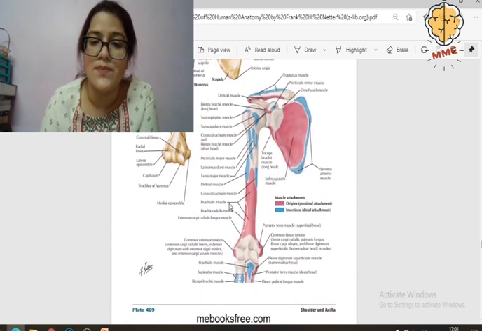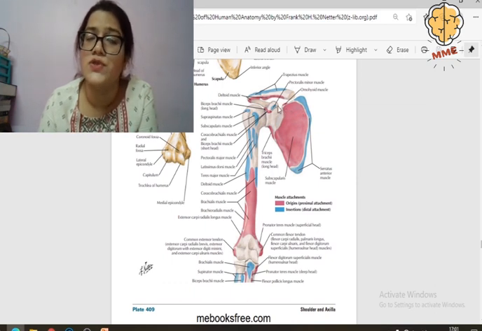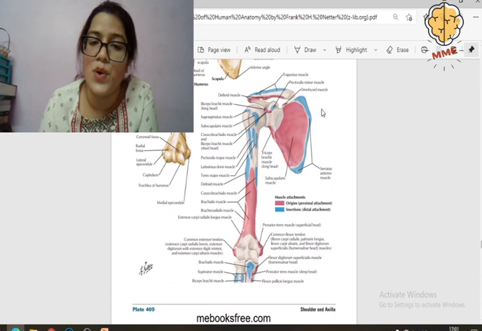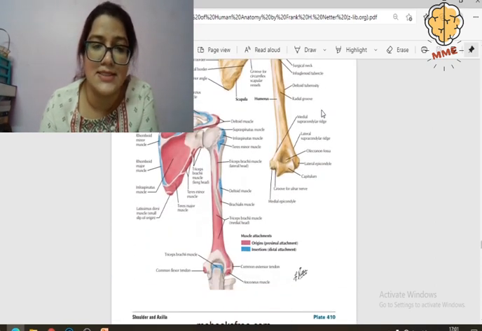And then comes the scapula. See over here, this is the subscapularis muscle. This is the serratus anterior with its 8 digitations. I've told you that. See, this is the pectoralis minor muscle. And where is it? It is on the coracoid process. Omohyoid, adjacent to the suprascapular notch. What can we see? The omohyoid muscle. These are what I wanted to show you. What else? Yes, the posterior side.